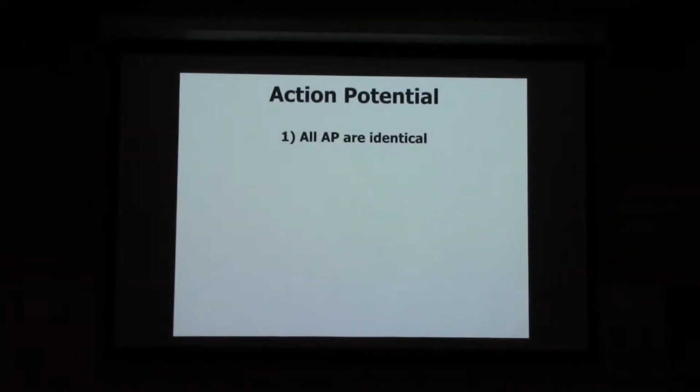Right? So if you have a graded potential that just barely reaches threshold at the beginning of the axon, you get an action potential of some given strength. If your graded potential far exceeds, depolarizes way past threshold, goes beyond threshold, you get an action potential of the same strength. It doesn't matter what that initial graded potential strength was. As long as it's at threshold, you get this action potential of a given strength.